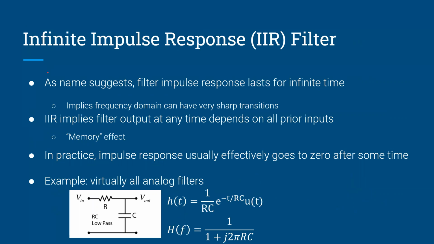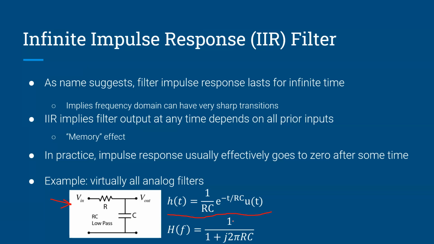Okay. So now we get into the actual filters. So first is the infinite impulse response filter. And I write here, as the name suggests, the infinite impulse response filter has an impulse response that lasts for an infinite amount of time. And so this is the type of filter that you'd see in basically any analog filter. There's some exceptions, but like down here, I'm showing the generic low-pass RC filter, and it has this impulse response